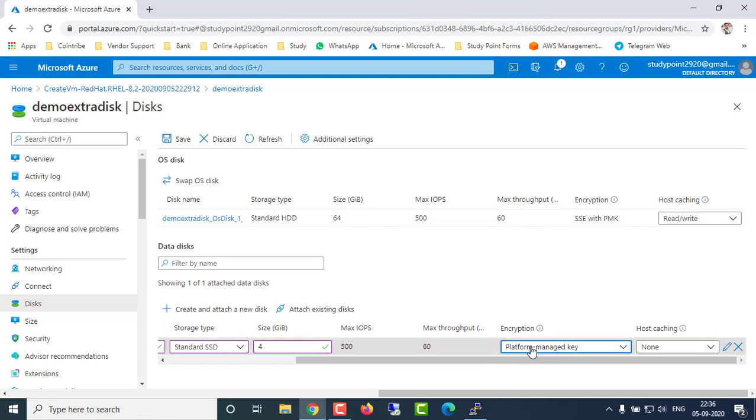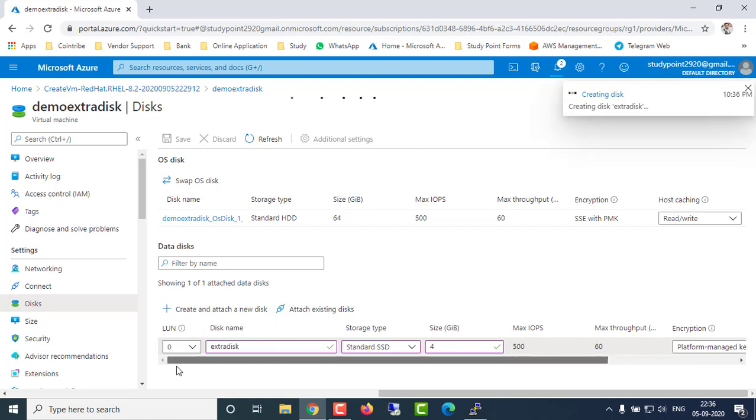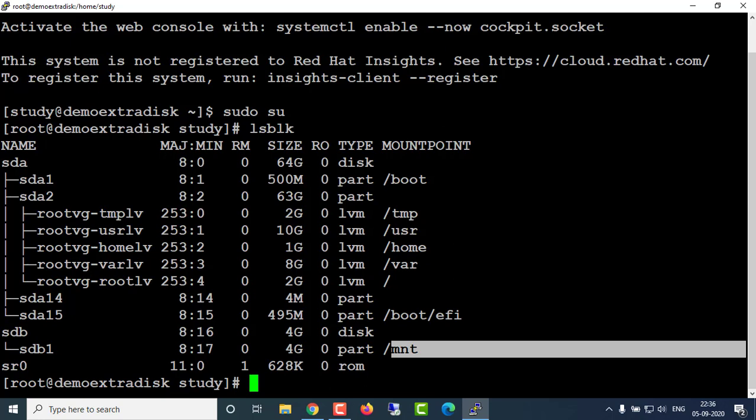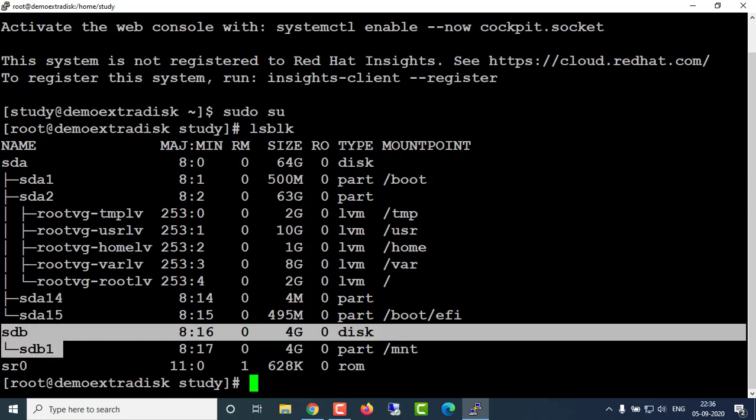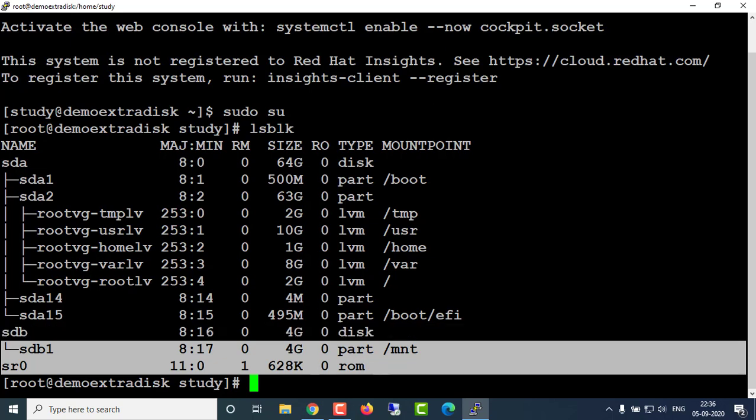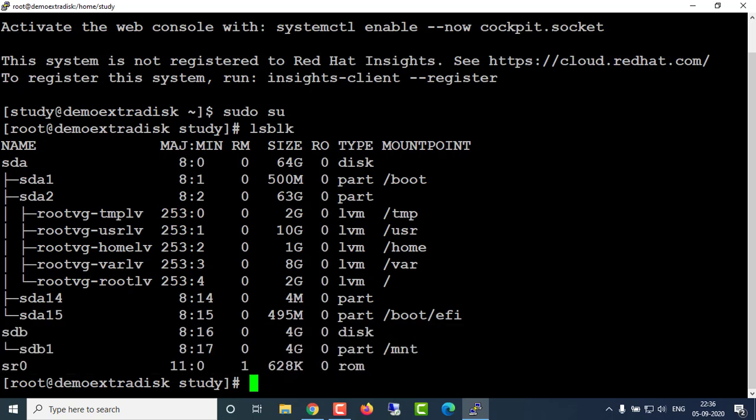And encryption, if you want to encrypt this, you can. If not, you can keep the default setting, and after that click on save. So once you click on save, that 4 GB disk is attached to your virtual machine. If you go to your virtual machine, I'm going to run lsblk again.